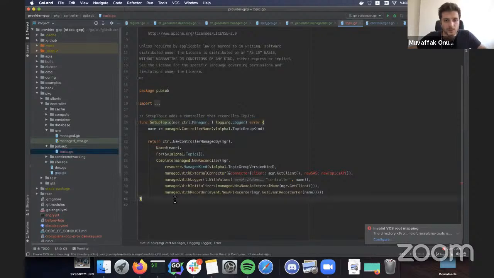So coming back, right now we have connected setup topic with the rest of the manager. So this will literally be executed and it will call the connector. So we need to implement the connector.